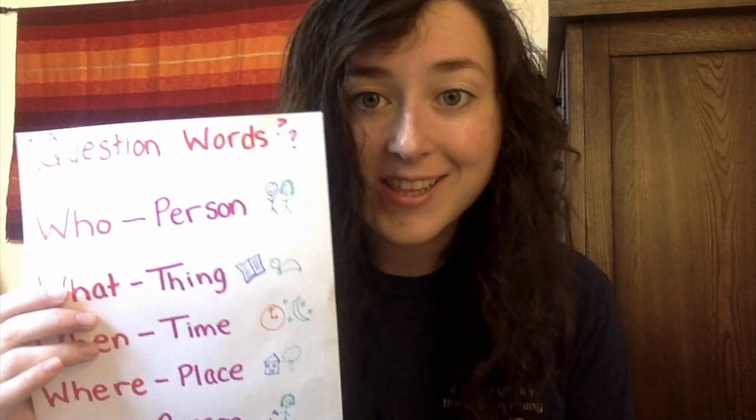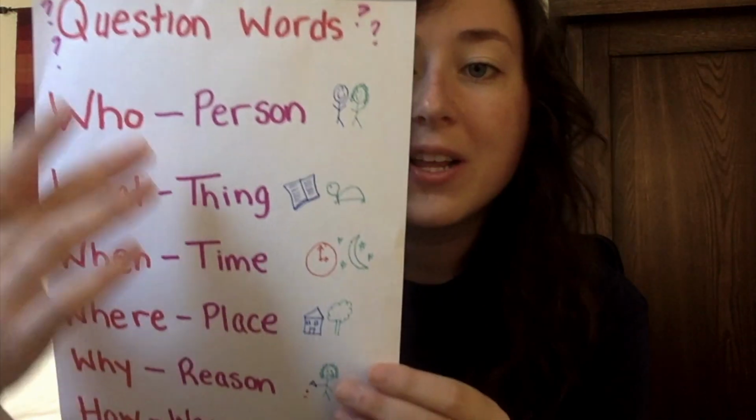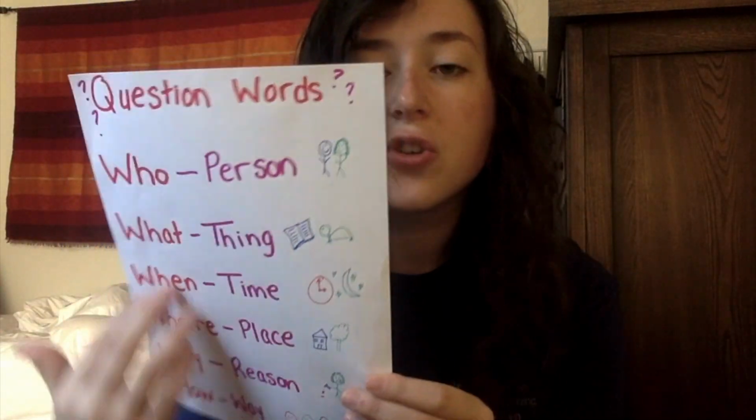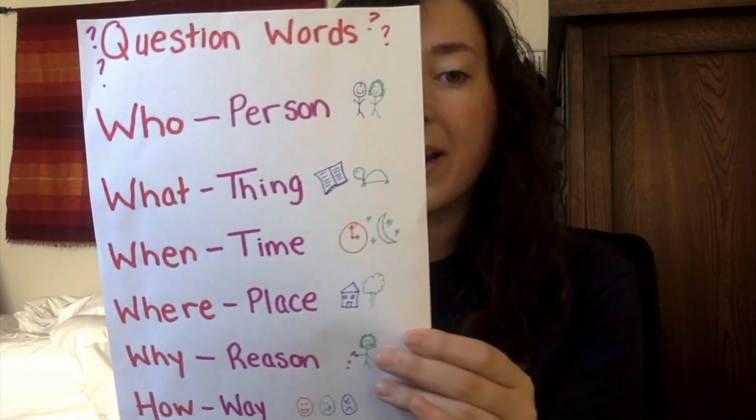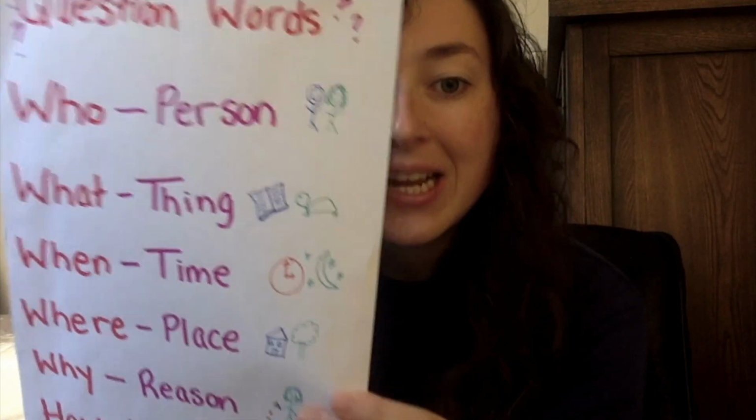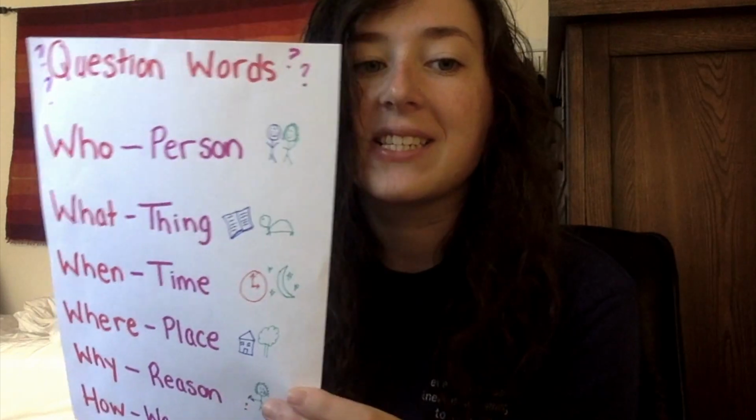Kipsters, last week we practiced answering questions about a fictional text with Olivia. So remember our thinking steps. First, I figure out what the question is asking me. We've seen this chart so many times now, we should have it nailed. Then I think where to look in the text for my answer. And finally, I go back in the text and reread to find the answer to my question.